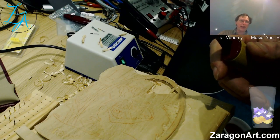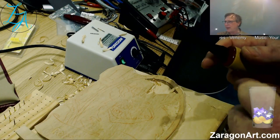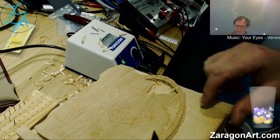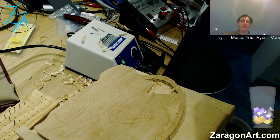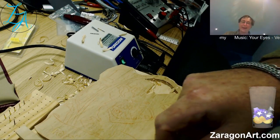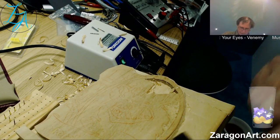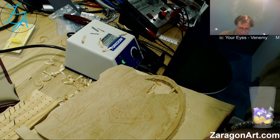I suppose it is a bit like a gremlin, isn't it? But it's got bigger. It seems to have bigger teeth. So, big chisel. I'm just flattening this down because of the background. I'm going to leave this rough like this because it adds interest, because it's textured. But this bit here is going to have a pattern carved into it. Just some sort of random background, and so I want it fairly flat, and that's what I was